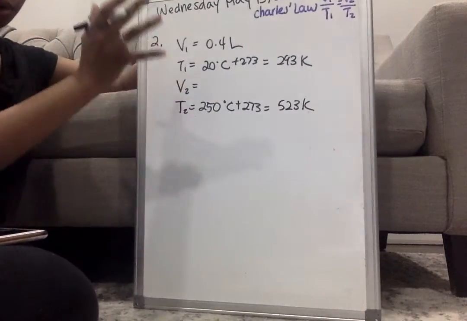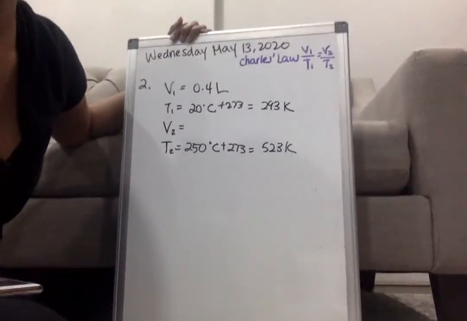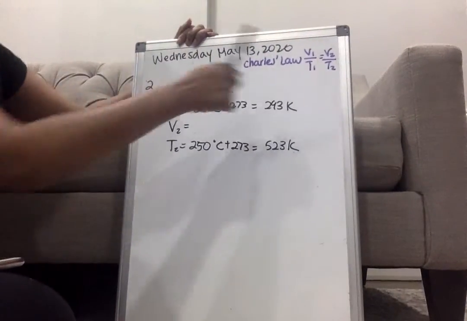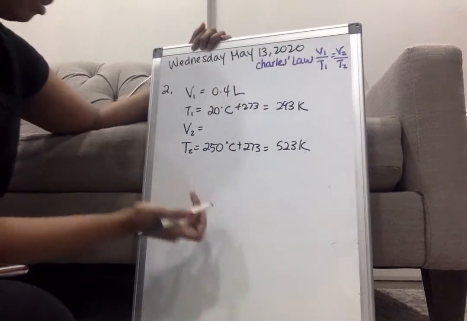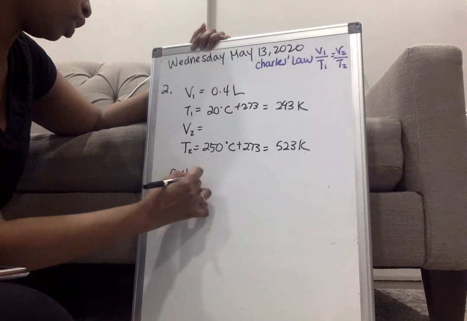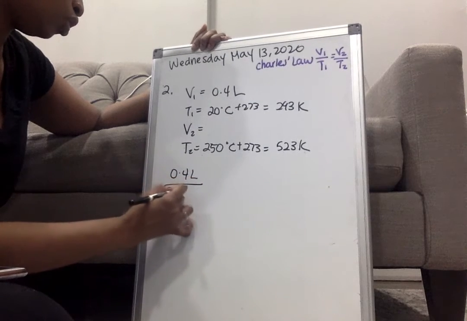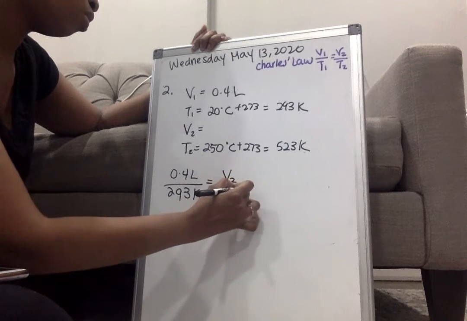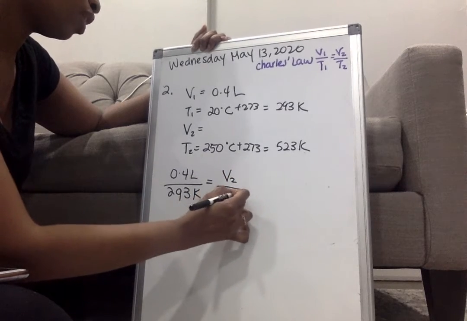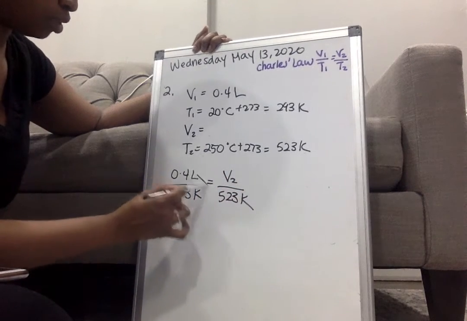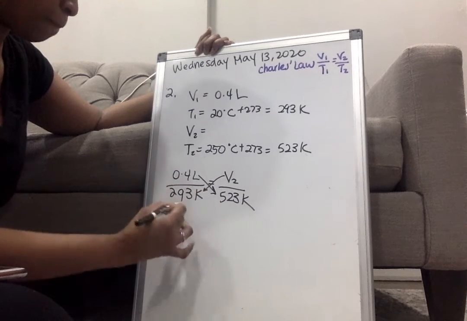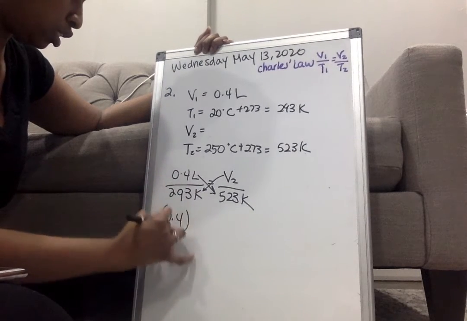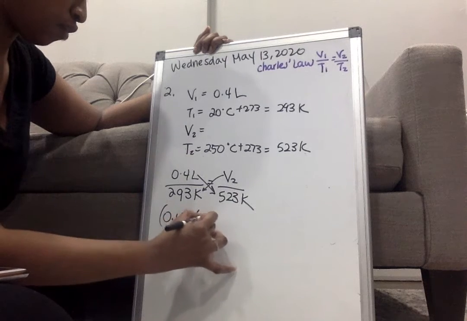Now I have all my values. And I'm going to plug it into the formula. V1, 0.4 liters over 293 Kelvin equals V2 over 523 Kelvin, right? I multiply those two. 0.4 times 523